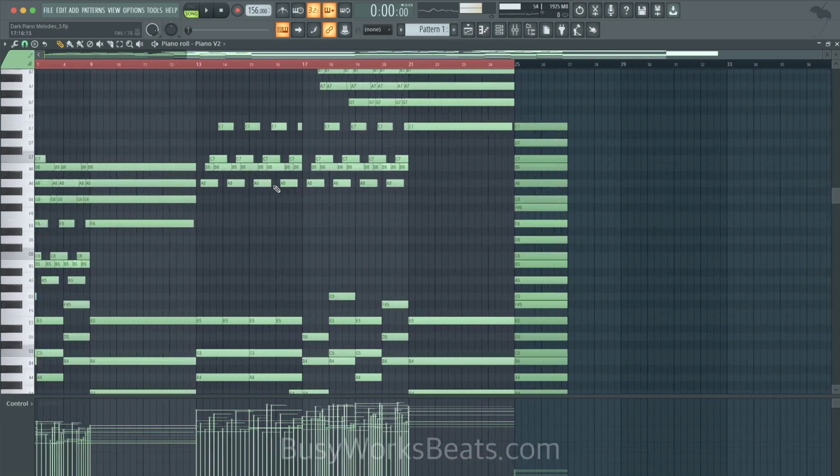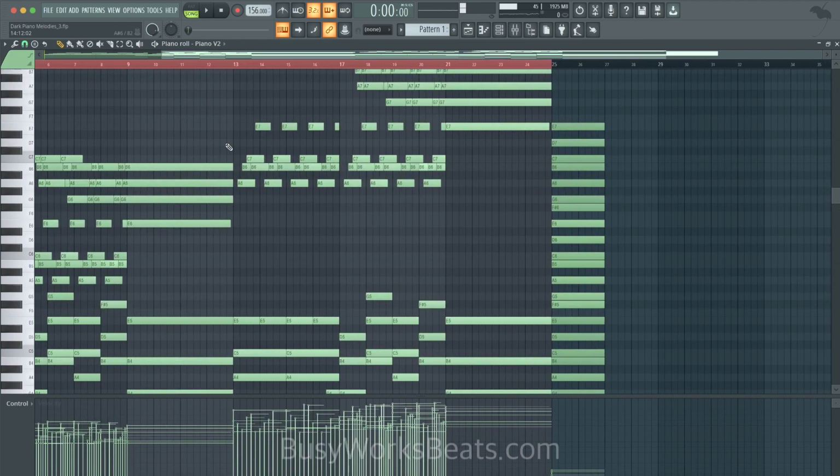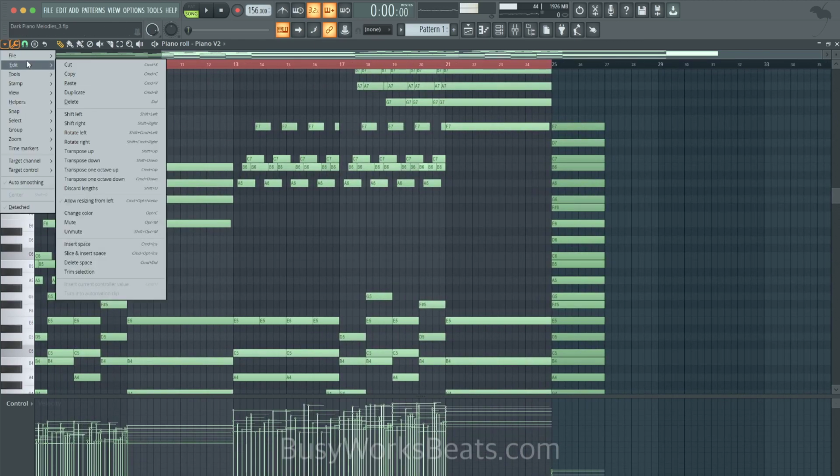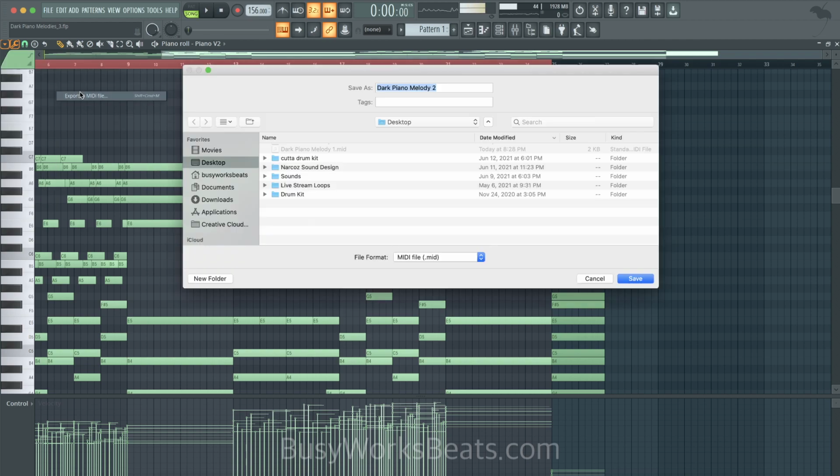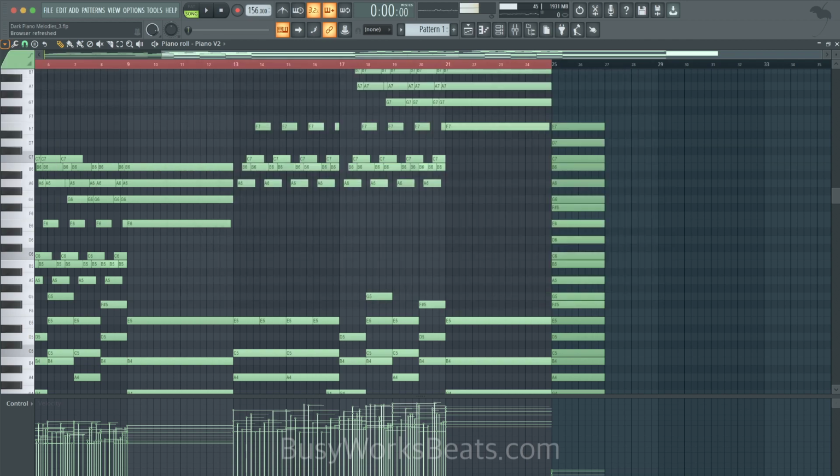Now we're so used to this key, so let's transpose the key. Did I save this MIDI? Let me save it one more time. Again, you're gonna get the project files, so don't worry about memorizing all that stuff.